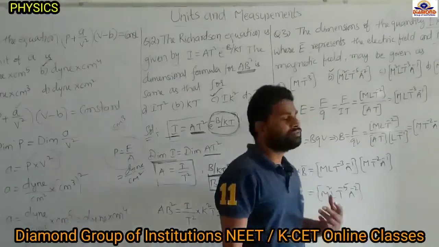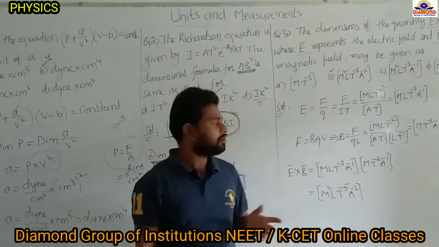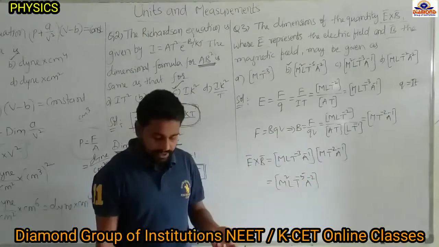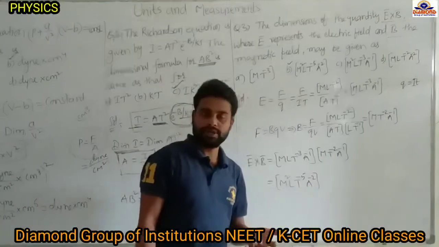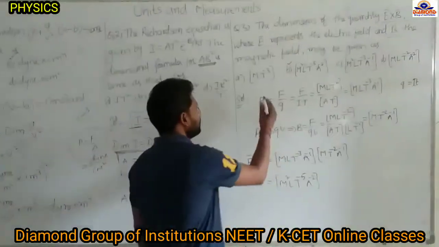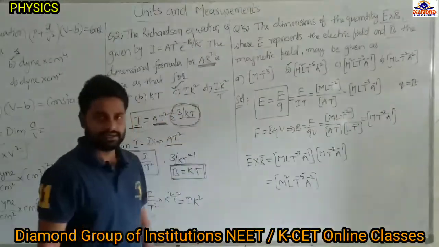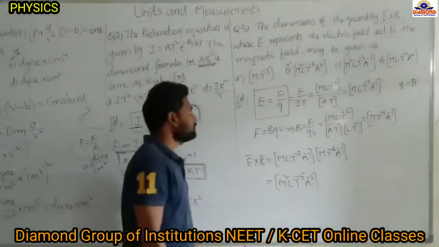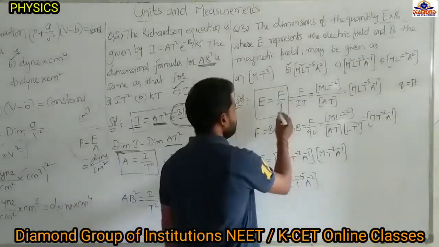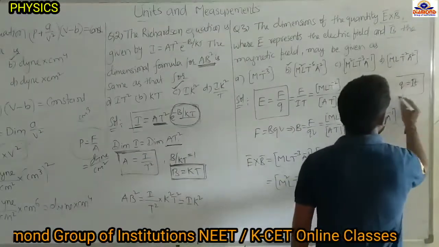In electrostatics we have the formulas for the electric field. We have the relationship between electric field and potential, and electric field and force. Whichever formula is easy to use, you can use that, and from that you can derive the dimensional formula. Here I used the electric field formula, E equal to F by Q, force per unit charge. Already we know this one. And next, force, we know its unit, and Q is the charge, so Q equal to I into T.